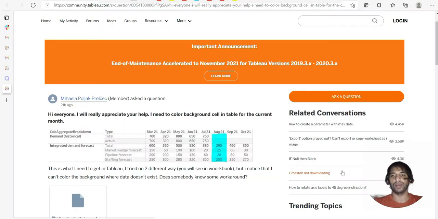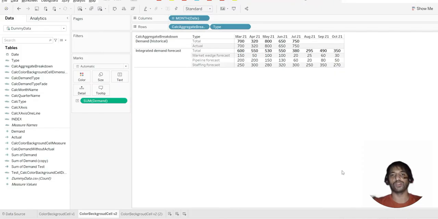And what is the use case today? So you can see this is a question from the Tableau community where the user wants to have constant background blue background color for the month of August 21, but the problem is that the couple of rows over there are null. So what is the issue with the null rows over there? I can add a calculation, as you can see over there for the actual and total. You have null rows over there. So I can write a calculation, and the user has written a calculation by the way.